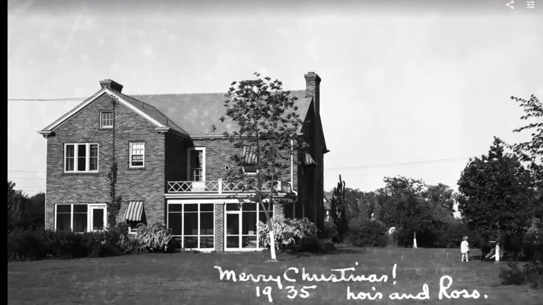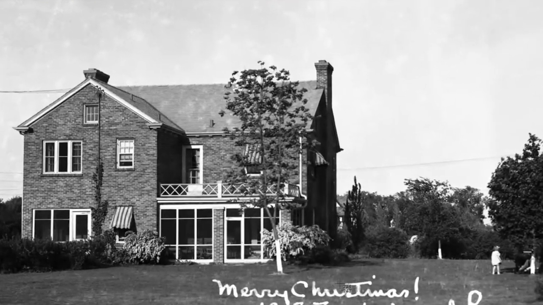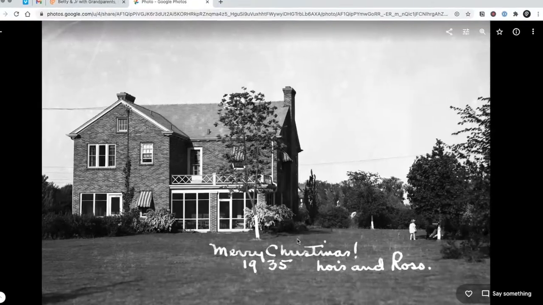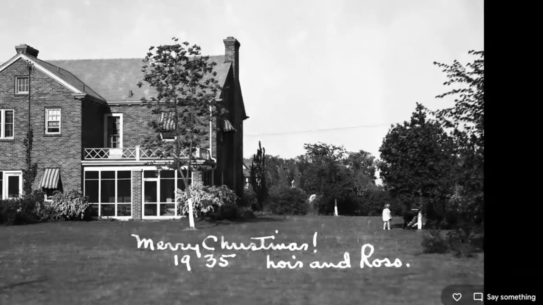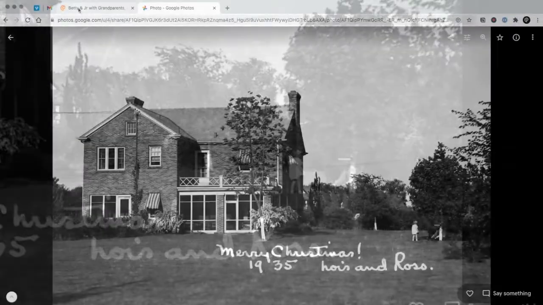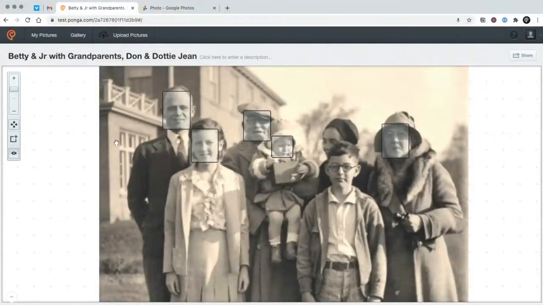So I took some screenshots of just the areas that really made the most sense. And wait, could this be that little girl right there? So now I'm going to go ahead, go back to the picture, and now associate that detail right here into